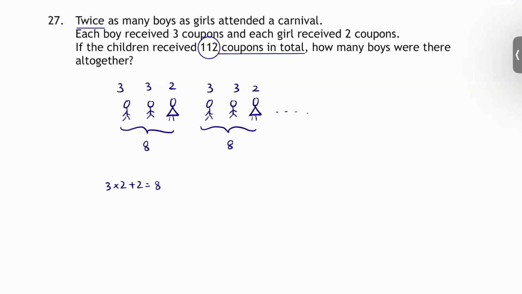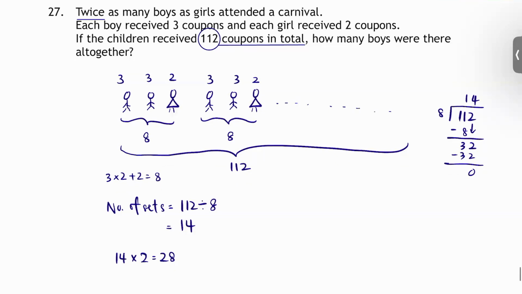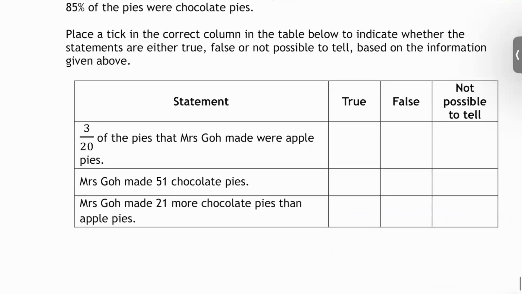So we can figure out the number of groups or the number of sets. If we know that we're looking at 112 in total, we are going to take 112 divided by 8. How do we do 112 divided by 8? So divide by single digit. 8, subtract 8, 11 minus 8 is 3, bring down 2. Then bring down 4. So we get 14. How many boys were there? There are 14 sets. Each set has 2 boys. So the answer is 28 boys. Let's move on to question number 28. Okay, in question number 28,